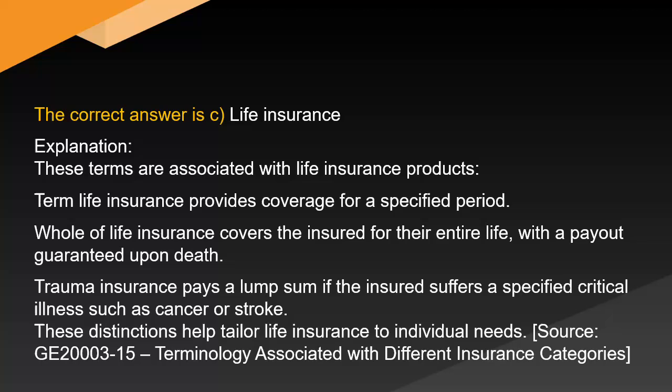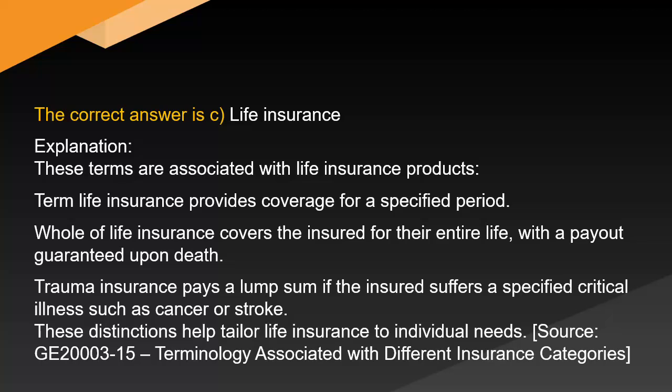The correct answer is C. Life insurance. Explanation. These terms are associated with life insurance products. Term life insurance provides coverage for a specified period. Whole of life insurance covers the insured for their entire life with a payout guaranteed upon death. Trauma insurance pays a lump sum if the insured suffers a specified critical illness such as cancer or stroke. These distinctions help tailor life insurance to individual needs. Source: